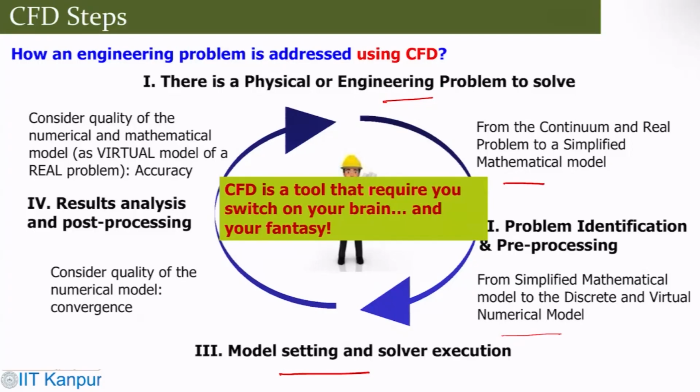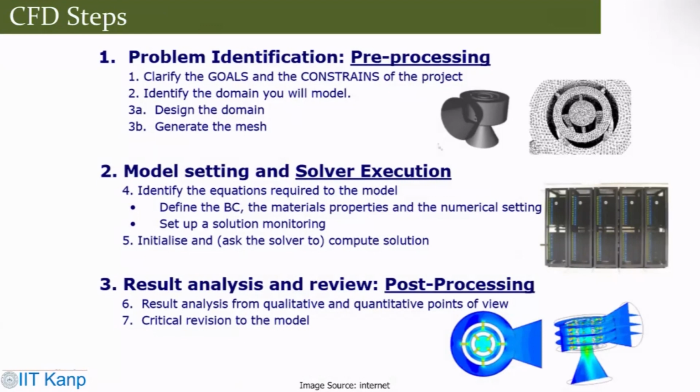That's how it works. So just to summarize, problem identification is the pre-processing stage where you identify the problem. Then this is how you generate the grid, set up your partial differential equations, and then your computer program runs over this HPC. Finally, you get the result once the analysis is done.